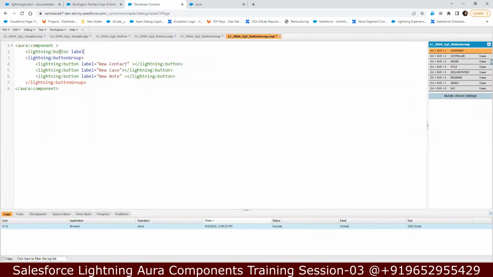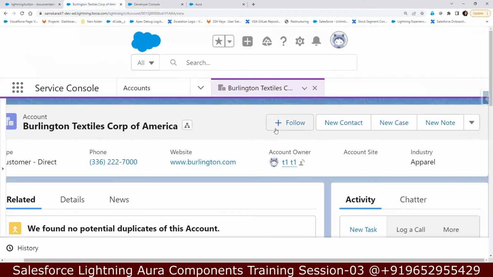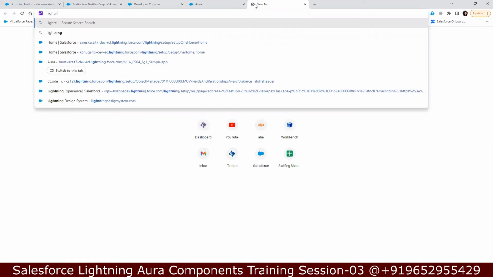And what is my label that displays there? Follow. Follow is the button. And then before the label, I have an icon. If we go into the Lightning design system,